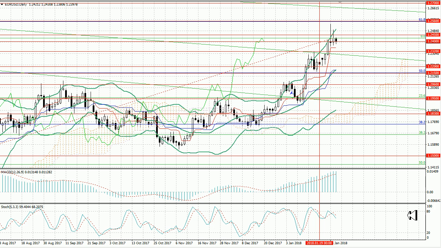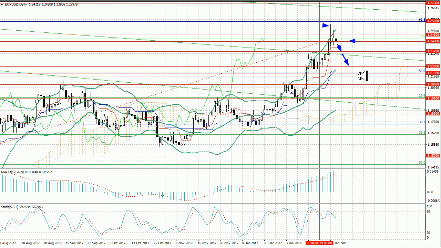Let's start with EUR/USD. Last week the pair rose to the level of 1.2535, but then it was corrected to the area of 1.24. In the case of breakdown of this level, the pair may fall further to the levels of 1.2320 and 1.22. The latter is the middle line of the Bollinger Bands.